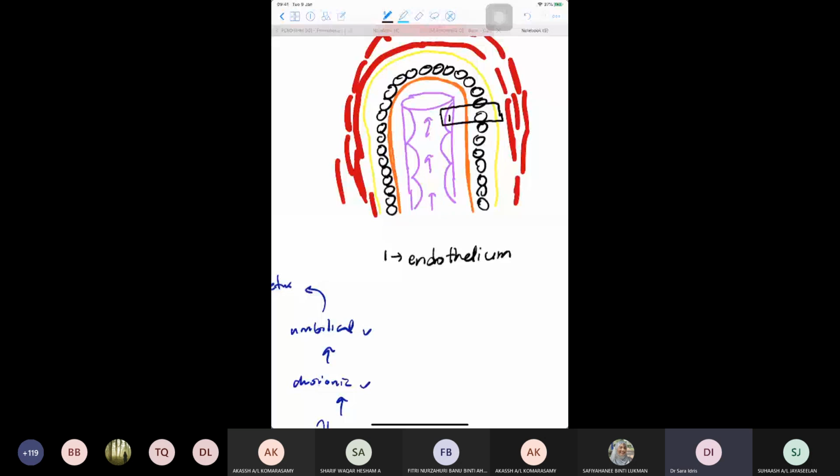Okay, endothelium. The second here, that's number two. That's the extra-embryonic mesoderm. Okay, and the third layer here will be this one here, number three. Can't see it because... okay, number three is the cytotrophoblast. Okay, and number four here is the one in yellow. That's your